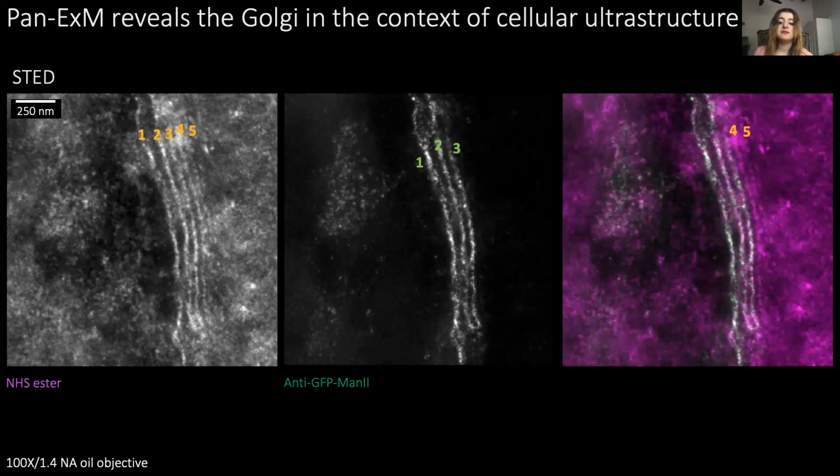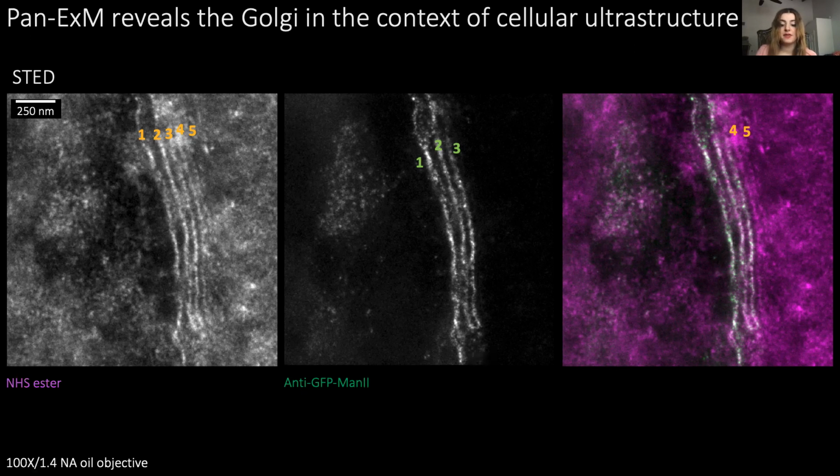We also combined this labeling approach with STED microscopy, which offers about a 5-fold improvement of resolution. And when combined with Pan-ExM, it should achieve a spatial resolution down to 4 or 5 nanometers, which is really on the order of individual biomolecules. In the NHS ester channel, which has an expansion-corrected scale bar here that is about as large as the diffraction limit of light, you can clearly resolve 5 Golgi